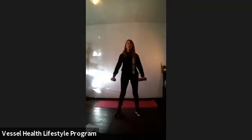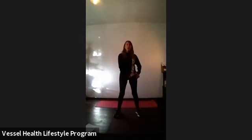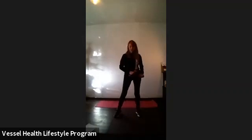We're going to move into our famous wood choppers here. And so I've got my weights in my hand. I'm going to put them both to one hip. In this move here, we're going to use one arm. I'm going to open that arm up and visualize that I'm chopping wood as I bring it back down. And we'll do 10 on each side. I like the way you guys are trying it. See how it feels. 1,